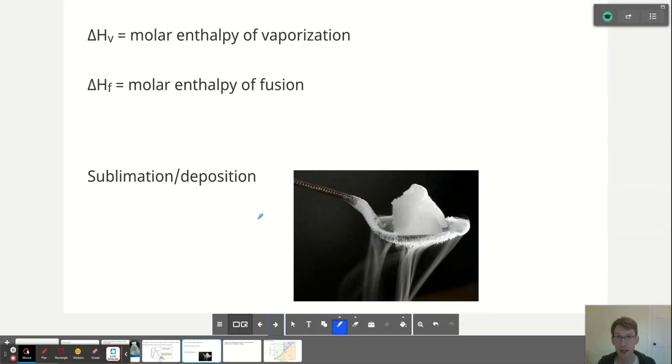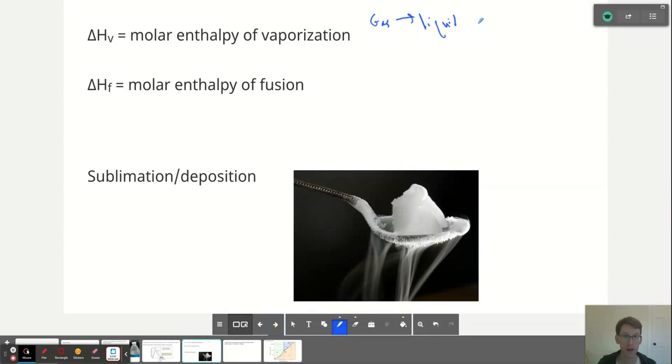As far as the energies involved in boiling, there's such a thing as a molar enthalpy of vaporization. That would be for boiling. This is the heat absorbed when vaporization occurs. It is the heat released when gases condense into liquids. So gas to liquid,